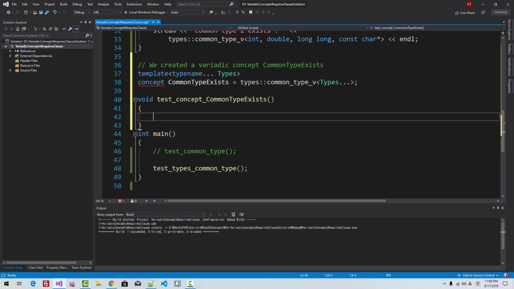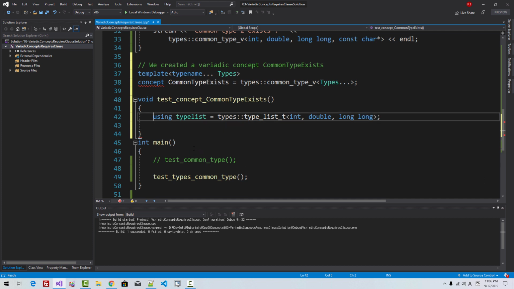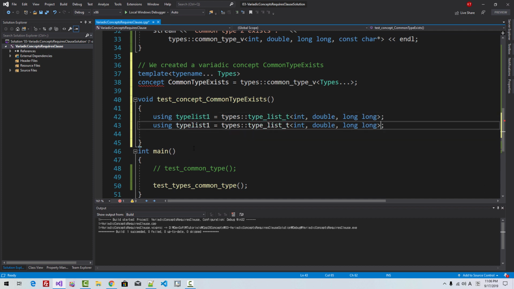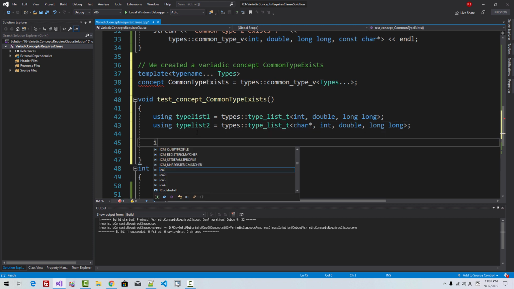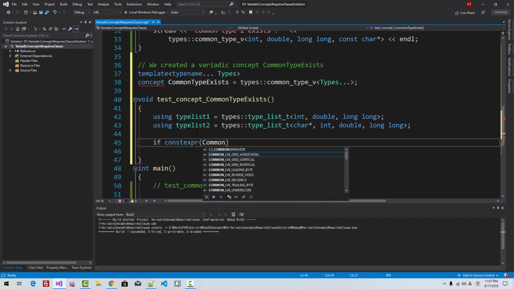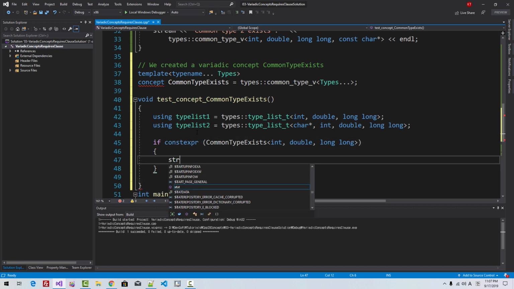Now I define a type list like this, using type_list, Types, type_list, int, double, long. I say type_list_1, type_list_2, and I will put char pointer. We define the two type lists. If constexpr, I have to copy like this. Copy, paste. String